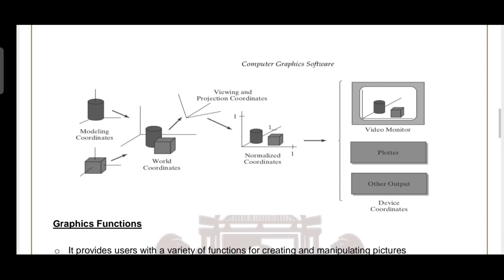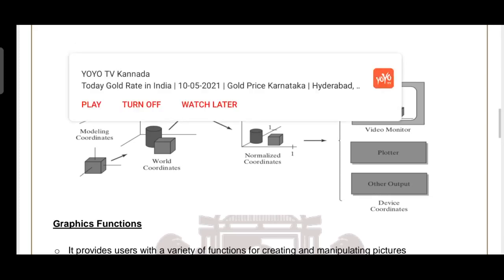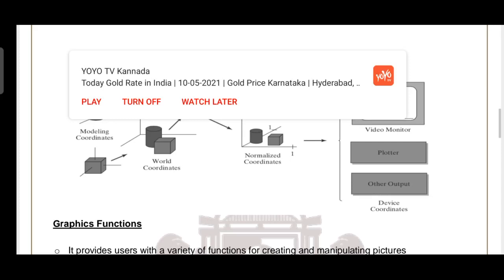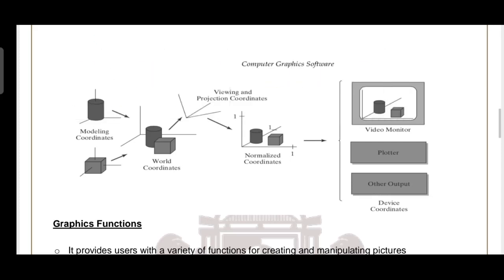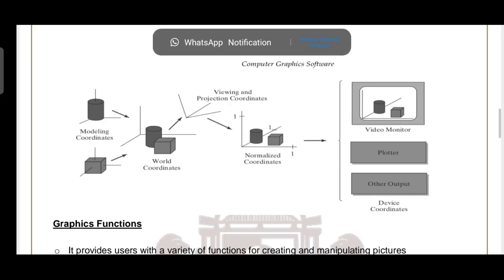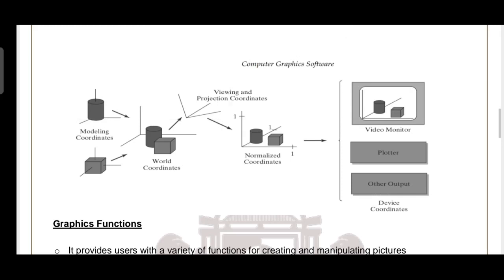So the image which is going to be captured and produced depends upon the size or the resolution of the projector. So projection involves understanding various coordinate systems. Very simple, right? Those various coordinates are the world coordinate, that is the real world coordinate, then we have the window coordinate or modeling coordinate, the viewing coordinate, as well as the normalized coordinate system.